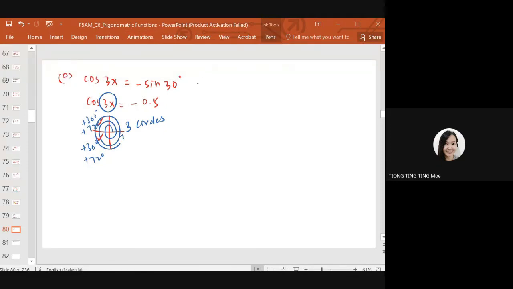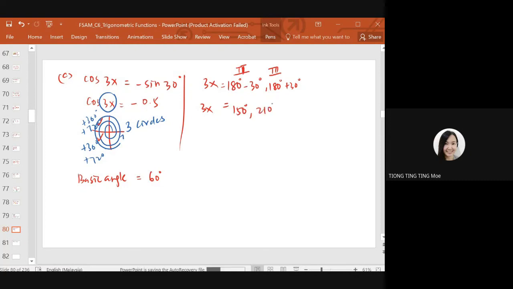So we find the basic angle first. Basic angle, shift cos 0.5. So you get 60 degrees. Okay, so you have 60 degrees. So your 3x is equal to, okay, second quadrant, 180 minus 60. Then third quadrant, 180 plus 60. So it will be 120 and 240. But now we need to add up